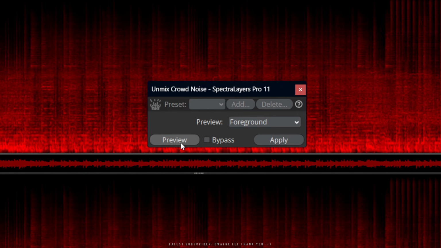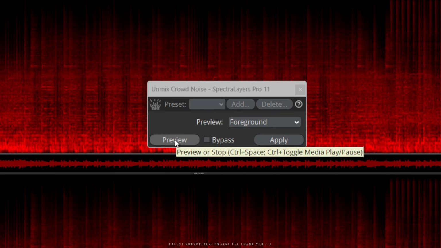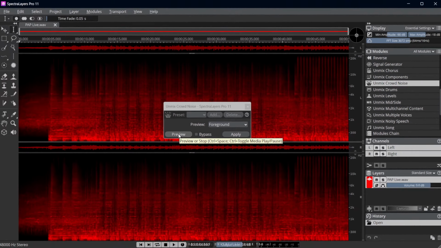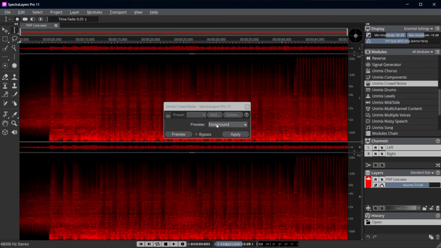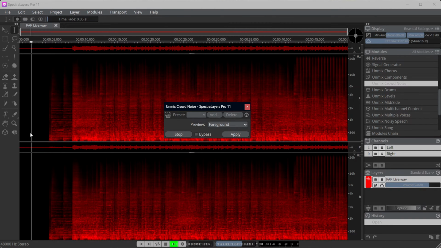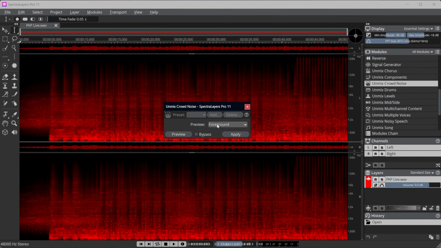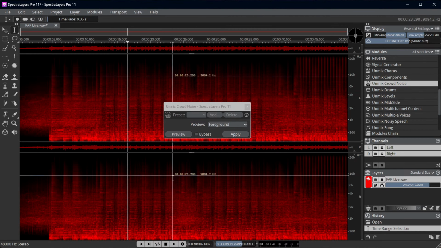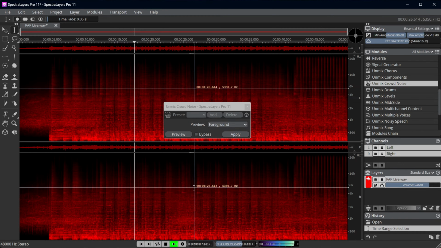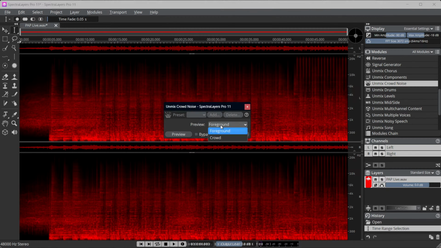And in case you're not aware, what we can do with Spectralayers is we can hit this little preview button here and it'll give us an idea of the end process. So let's just do that. We'll leave the preview in foreground and you can see it's doing its work. And there's the music poking through. And if we go the other way around, or in fact, if we move the selection, and if we go the other way around and preview the crowd,